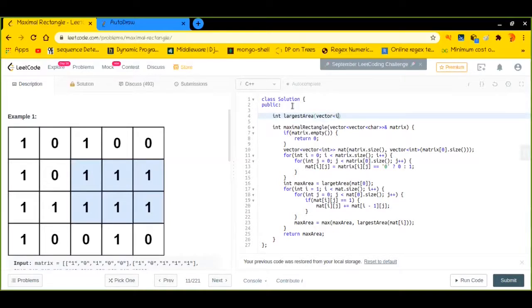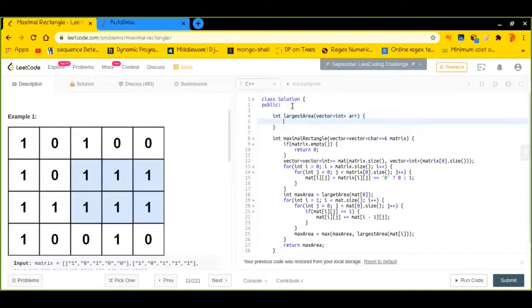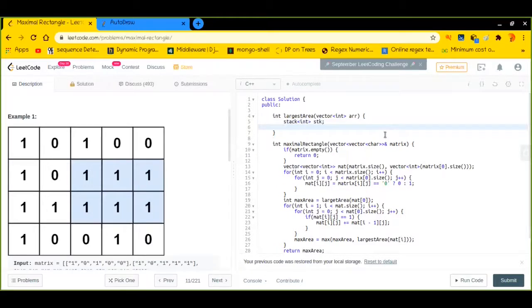It will get a vector as input. As I have already told you, we will be using the stack data structure for this purpose, to find out the next smaller and the previous smaller element for each and every bar. For that we will be using two maps.